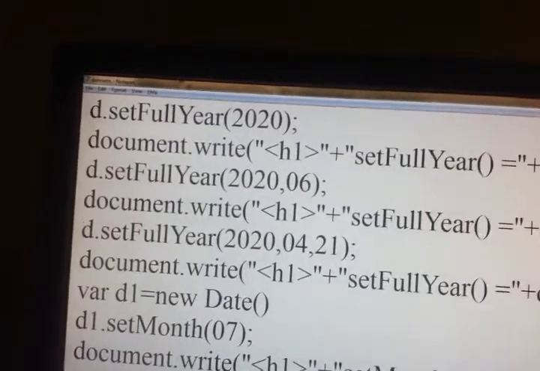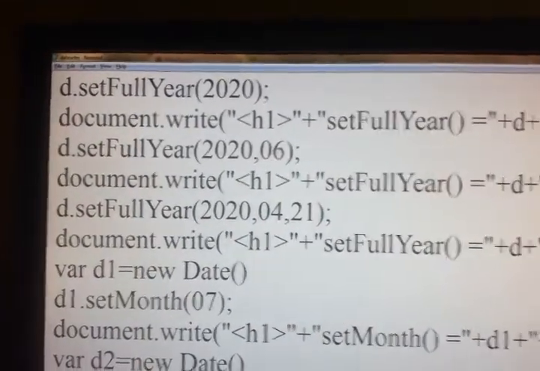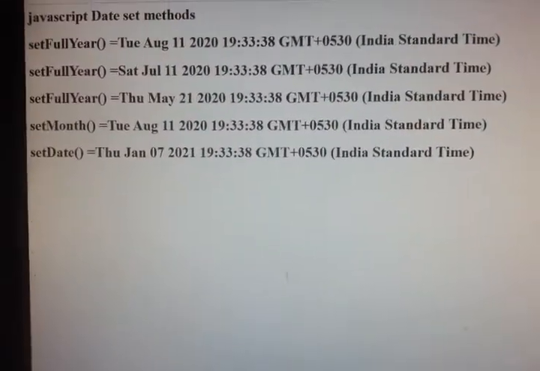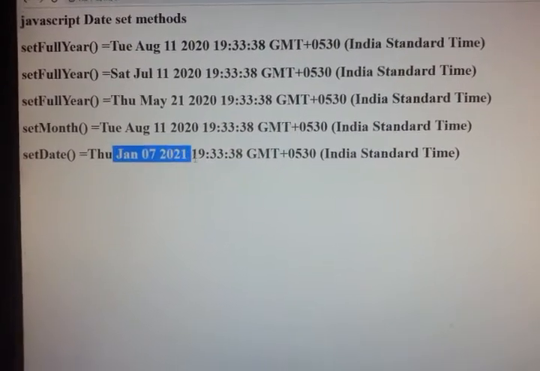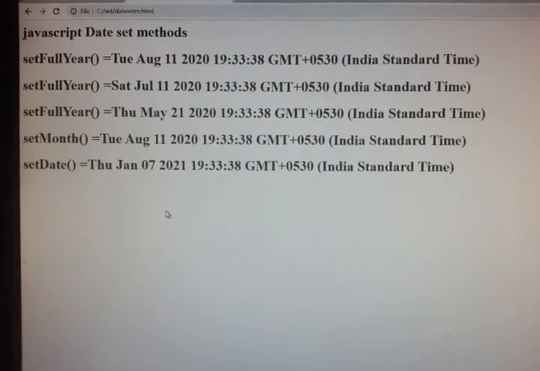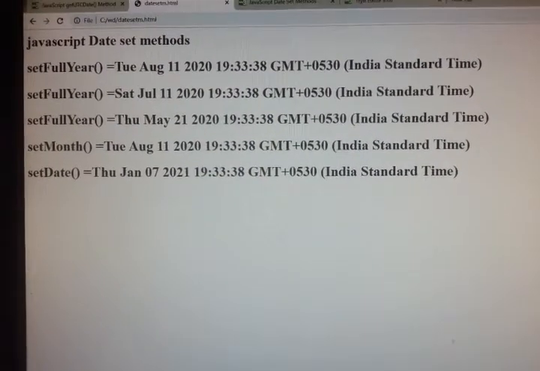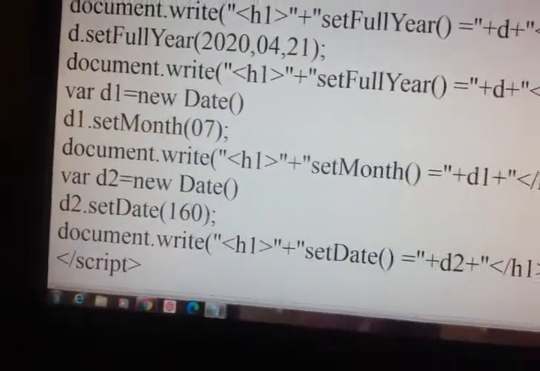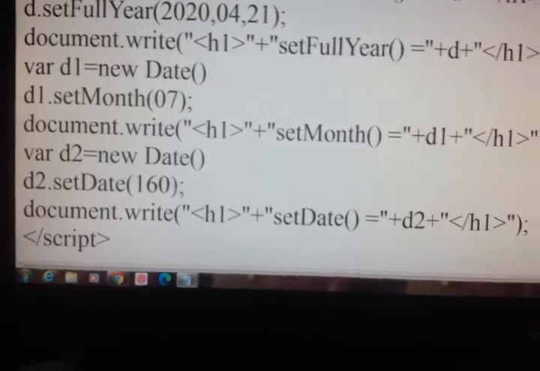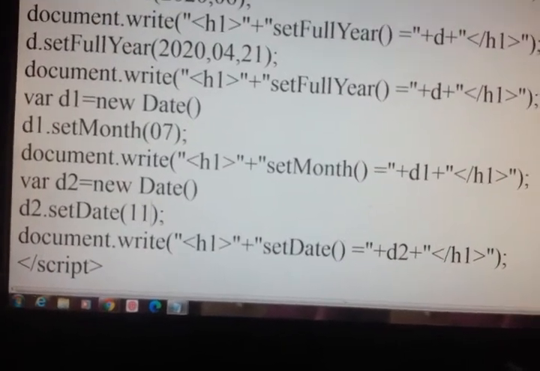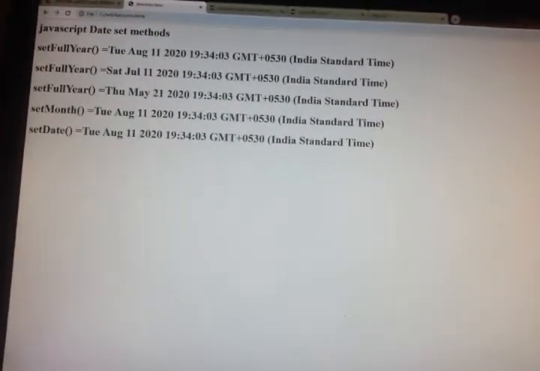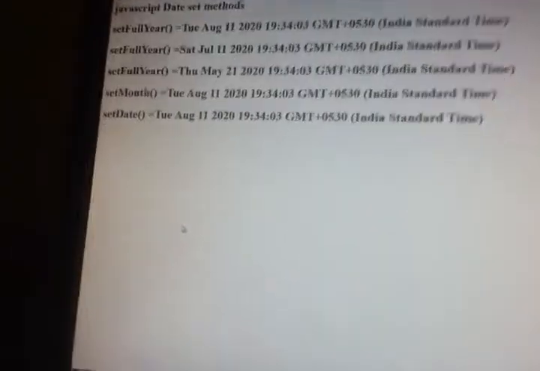So I'll change it to 160. See, when I change it to 160, I got January 7, 2021. This is how you can set the date from 1 to 31. As today's date is 11, I will go back to our original, F5. Yes, we got August 11, 2020. This is how we set the date also.